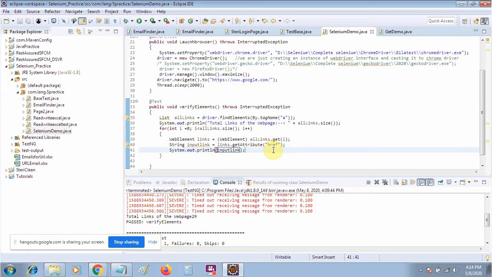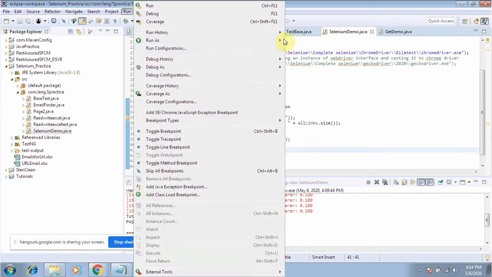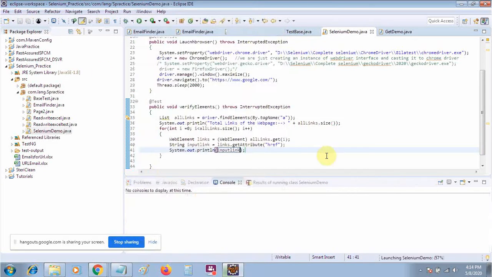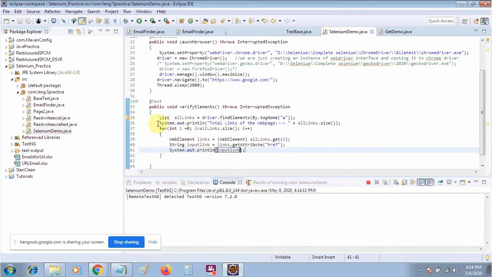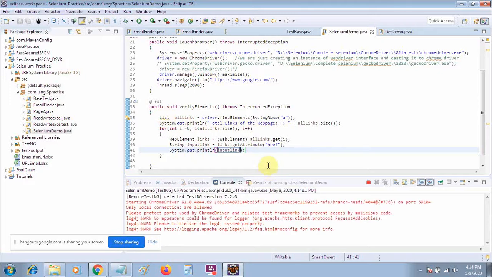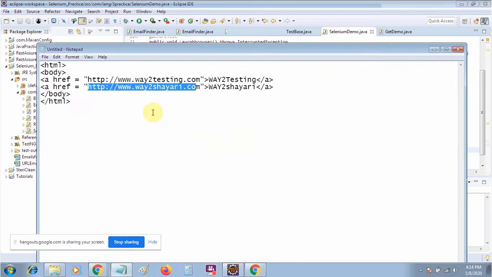After getting the exact link, we will check the response code. This is the main task that you have to do. First find all the elements with the tag name, then for each element you have found, this is a complete row.